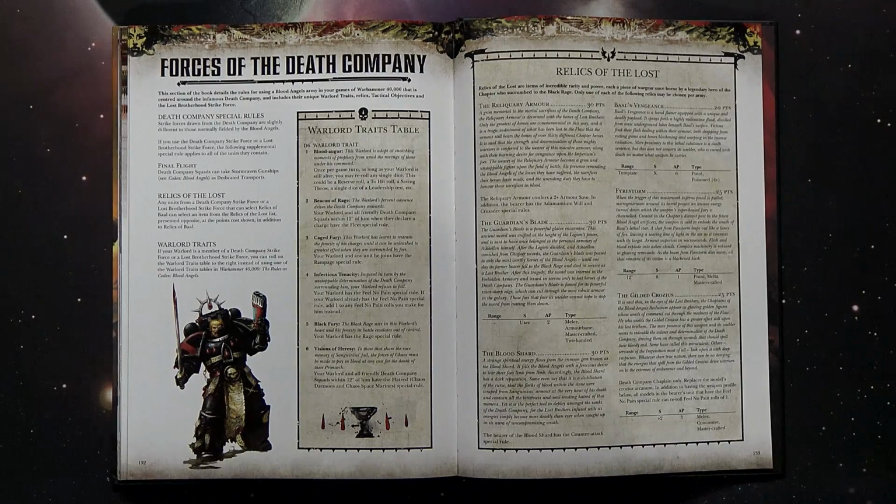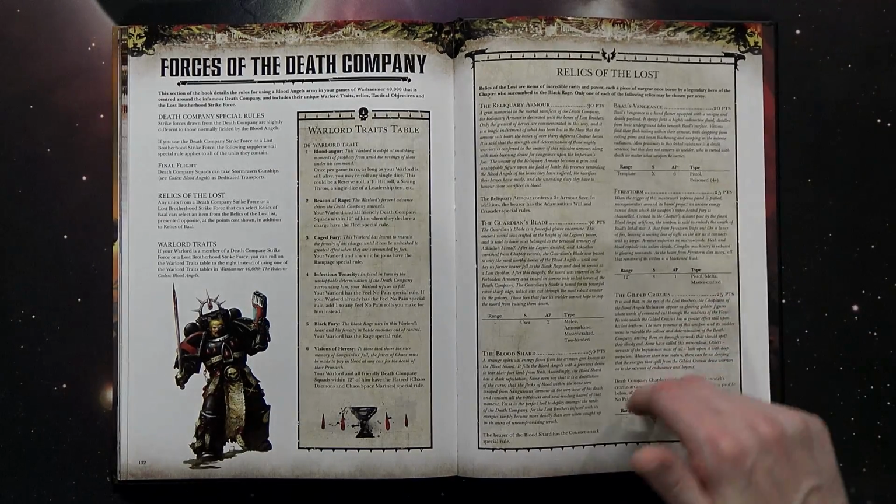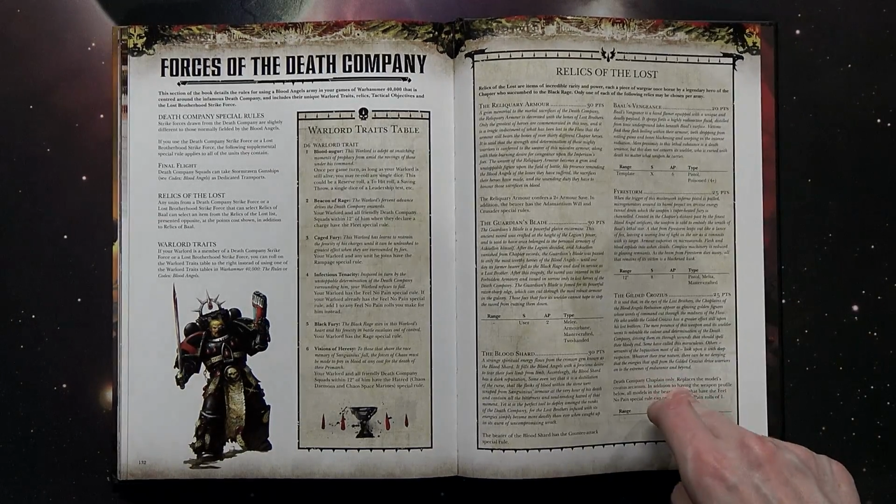Firestorm is a 12-inch range, Strength 8, AP1, Pistol, Melta, Mastercrafted. I love Mastercrafted because who wants to roll crappy when you're paying 25 points for a weapon? Now, my personal favorite, and probably my top pick, the A+, the gold star of the Relics of the Lost,